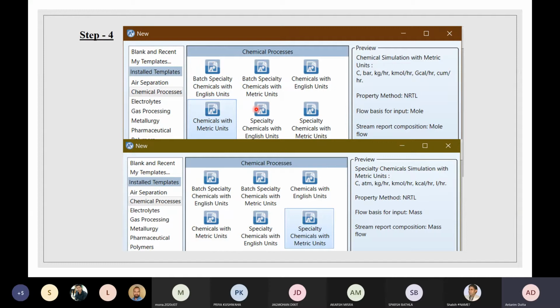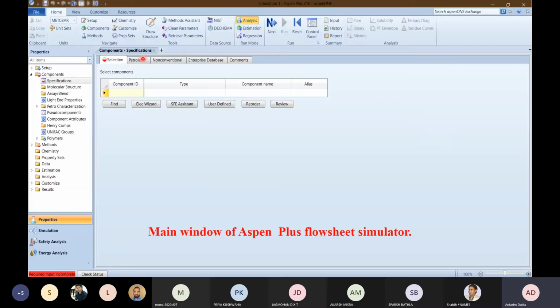So you have to be very accurate while choosing, or I would suggest you go to this particular blank and create your blank simulation. And in the end, after finishing your simulation part, you can put your own units, select whatever unit you would like over there, and generate a report with the units that you have mentioned. I will show you how to do that, but in a later lecture.